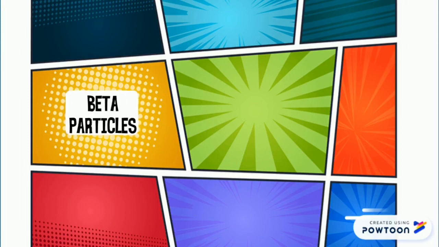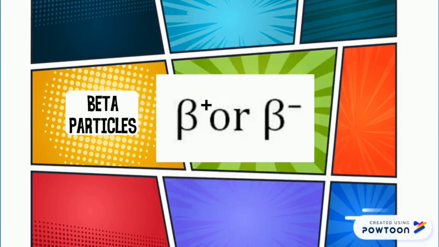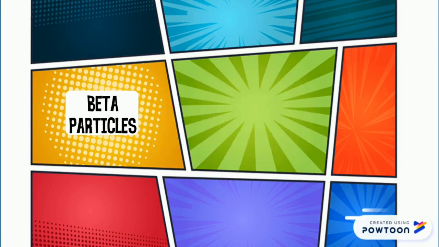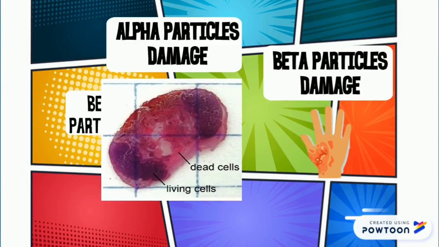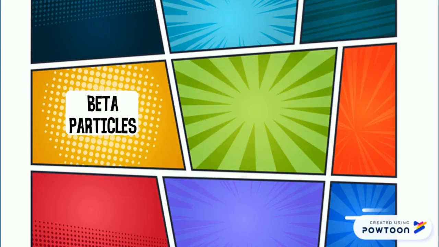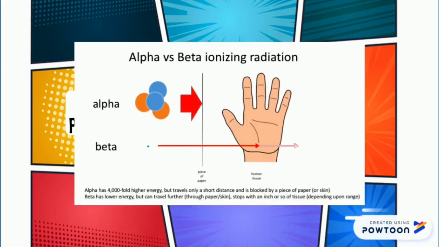Beta particles are very high-speed electrons or positrons that are ejected during a nuclear decay called beta decay, which occurs when a nucleus has too many neutrons and wants to achieve stability. Beta particles are less ionizing than alpha particles, which means they would do less damage. Getting exposed to beta particles can cause severe burns, and they have higher penetrating power, meaning they could easily penetrate into the skin.